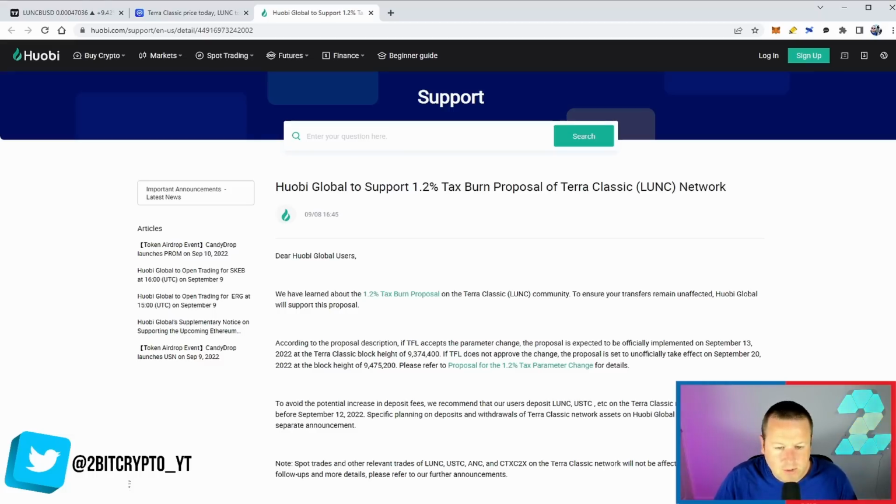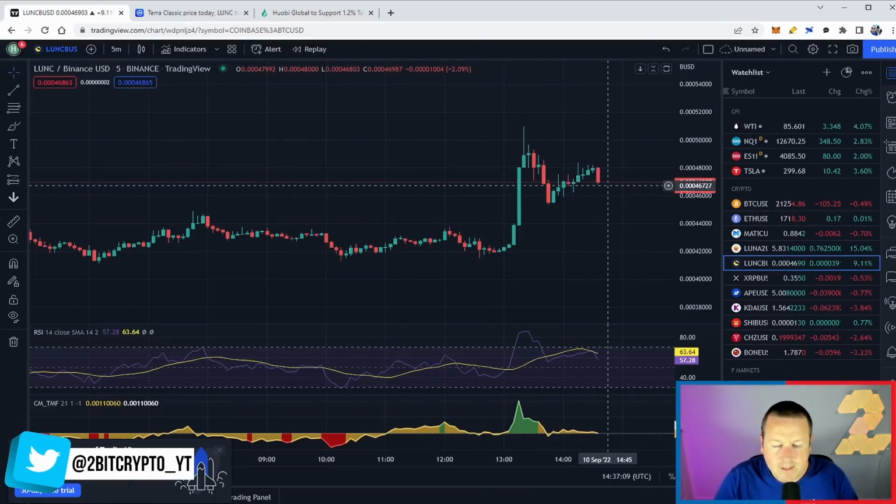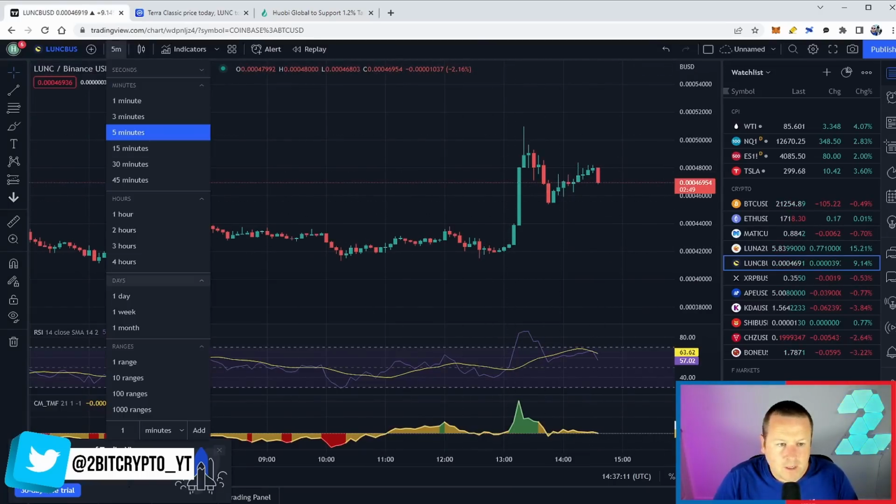You can see at the bottom there, spot trades and other relevant trades of LUNC, USTC, ANC, and CTX on the Terra Classic network will not be affected by this tax burn. So I think it's just a step in the right direction. People are tentatively looking at what's coming, but fundamentally, we can see this pretty aggressive move coming back out to